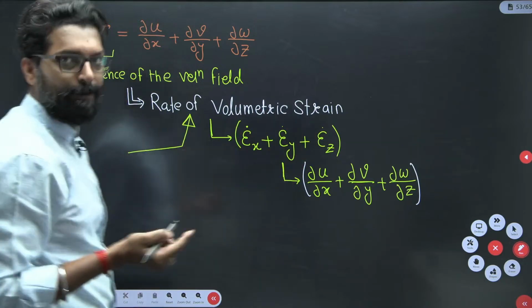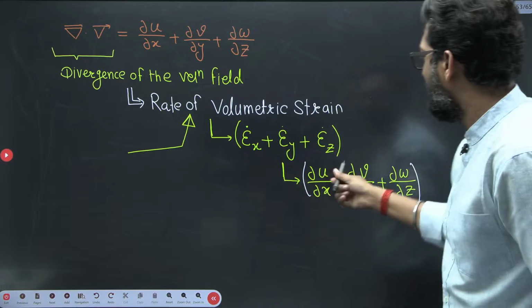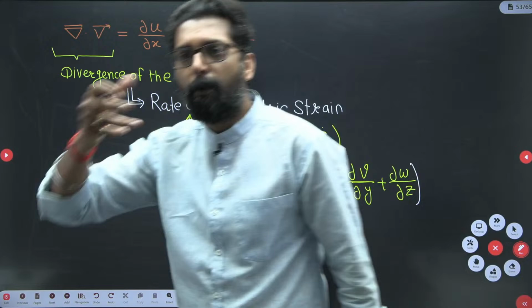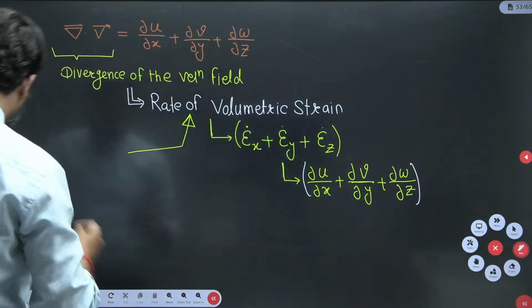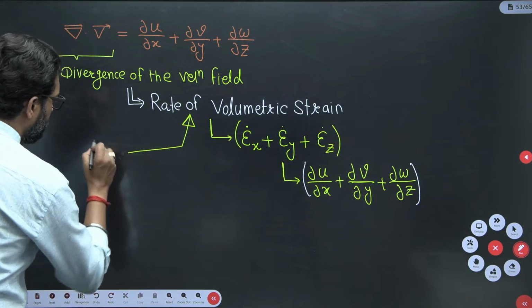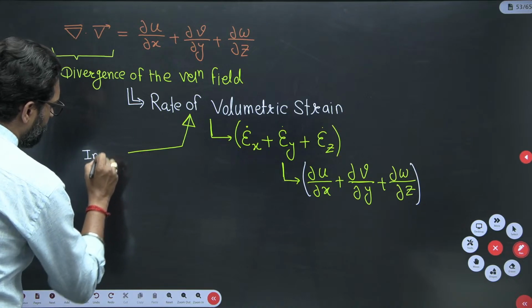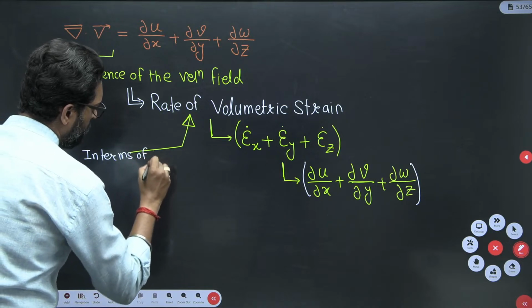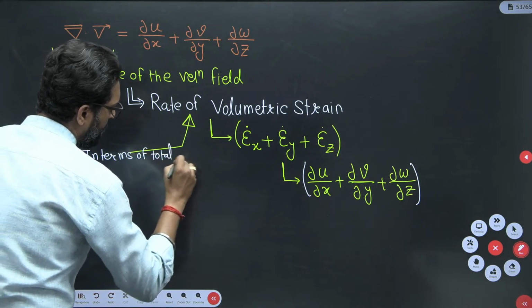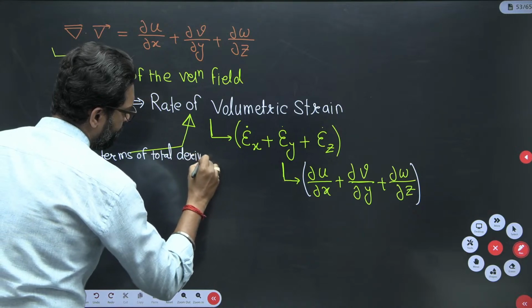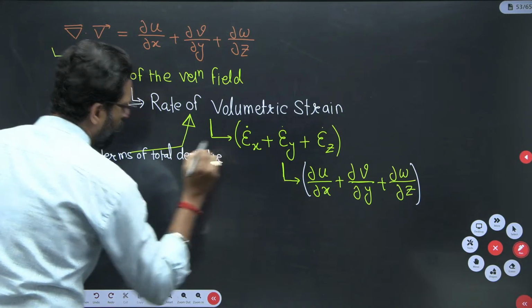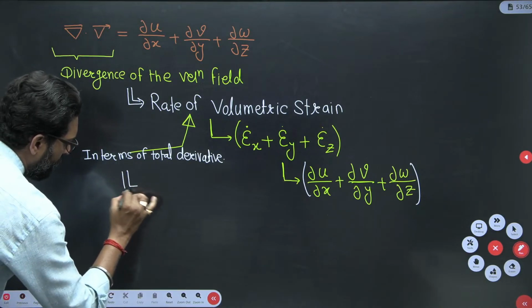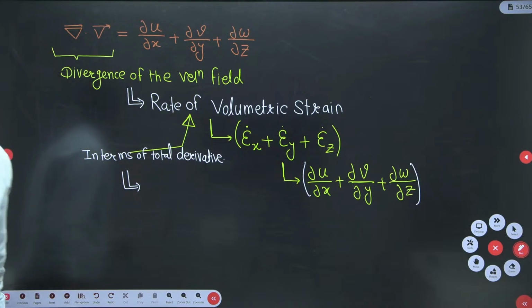of total derivative. That means we want the strain, it is a continuous deformation. Why? Because fluid undergoes continuous deformation along with the position as well as the time. So we have to find it in terms of total derivative. What is that? That means we write the volumetric strain in terms of total derivative,